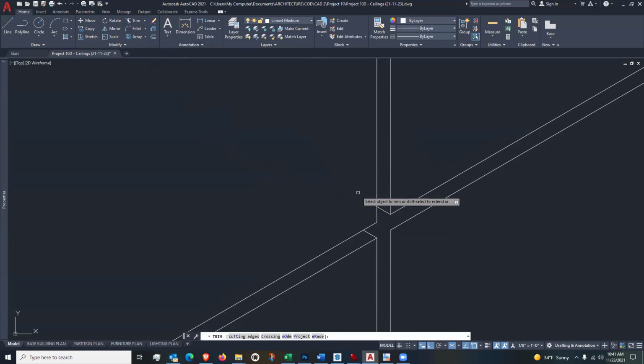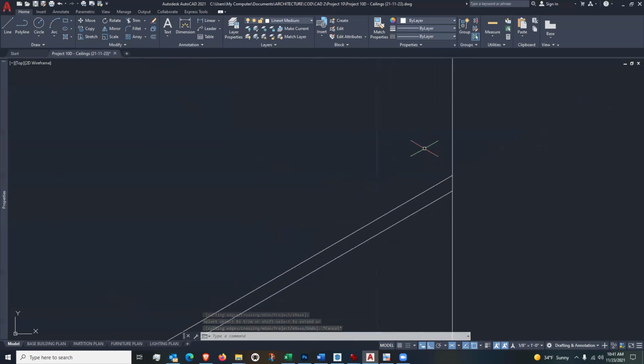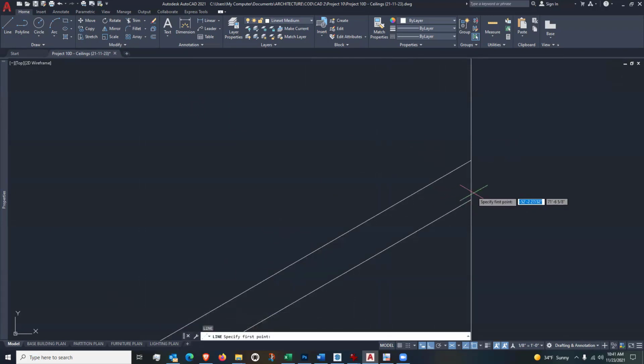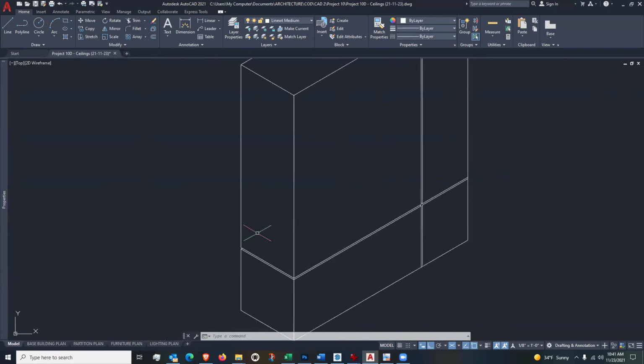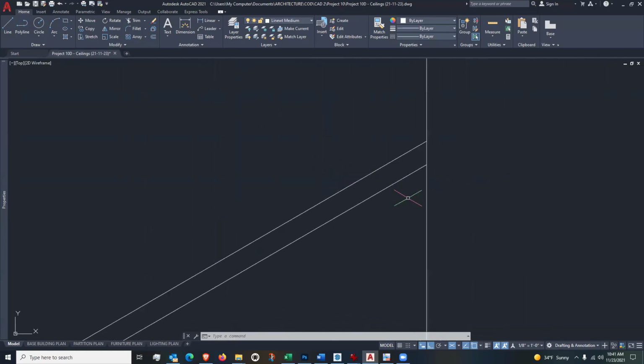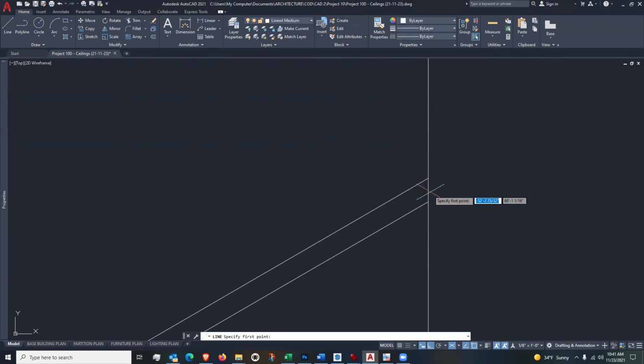So I also can't use perpendicular in this as well. It'll give me some strange results. And then here, I showed you the 1 inch offset, but what I'm going to do here for this one, and again, we have that same reveal on this side that we had over here. So this time, all I'm going to do is draw a line, and I could say this line is perpendicular, but it's not. And so what I could do is either go over it and then trim, or I'll just type 1 inch because I know it comes back 1 inch. And then I'll just trim this out